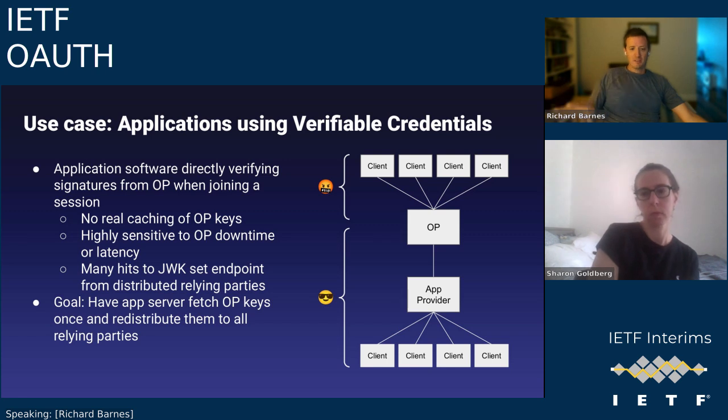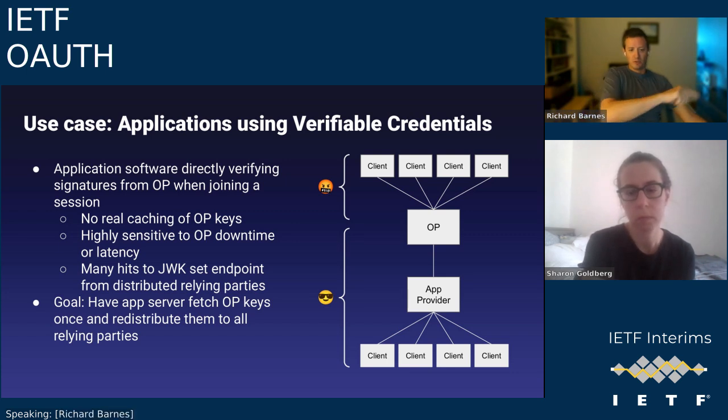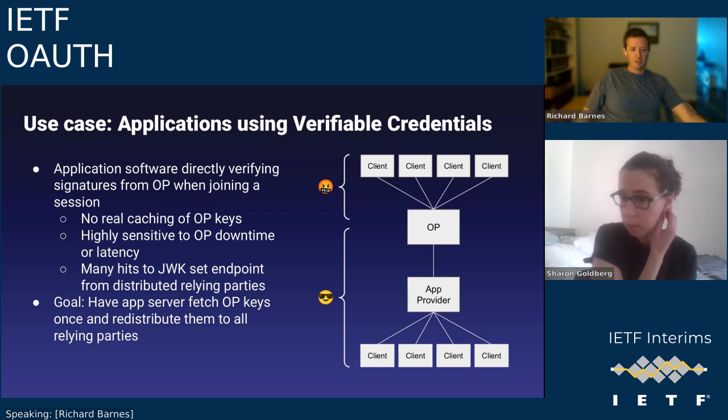So in a meeting like this, where we're trying to present credentials to each other that are issued by some issuer, every individual piece of software that someone's using here is a client. And so you're not going to get caching benefit there because you're not doing a bazillion of these credential verifications. You get it within a meeting, but maybe not much more than that. And so, especially if you've got fresh clients, you're going to get a bazillion requests going to this key endpoint on the OP when people join the meeting or join the messaging session or what have you.